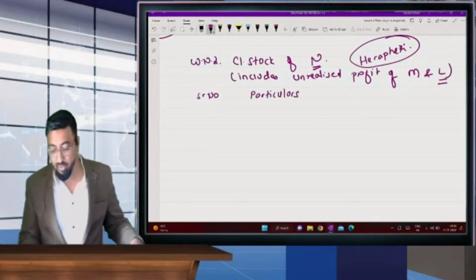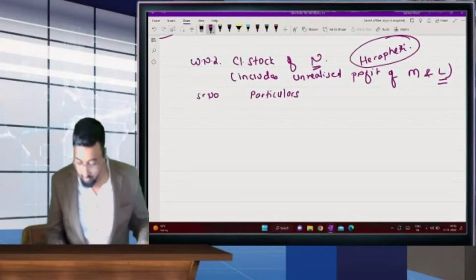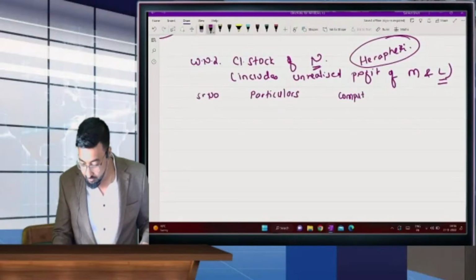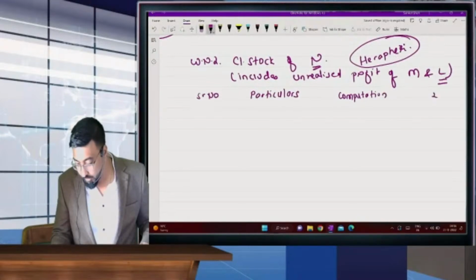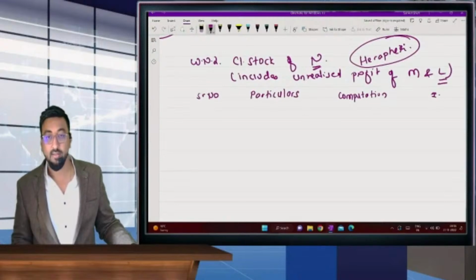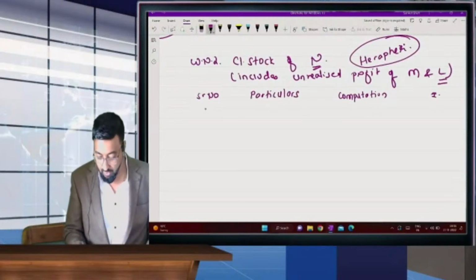सीरियल नंबर, पर्टिकुलर्स, कॉम्प्यूटेशन रुपीस, इंटेलिजेंट बैच, फटाफट आंसर देती है, वेरी गुड वेरी गुड।